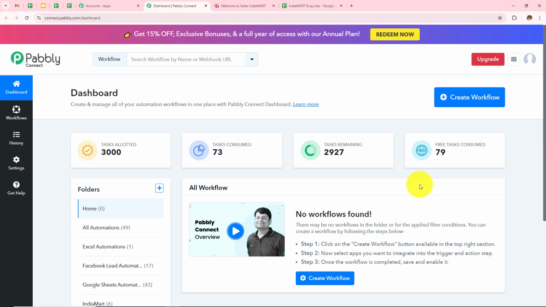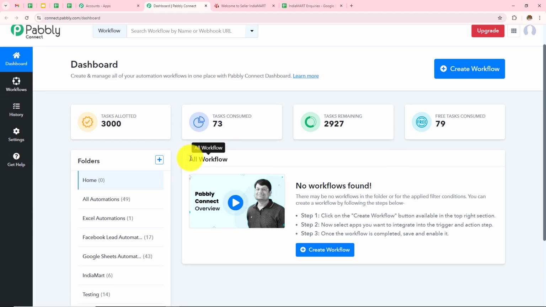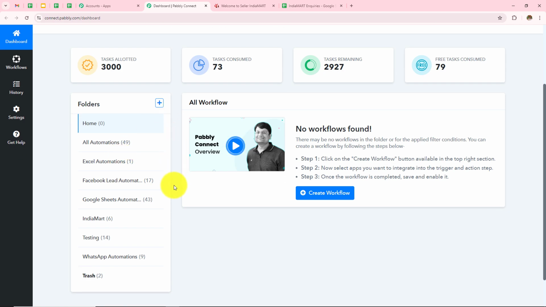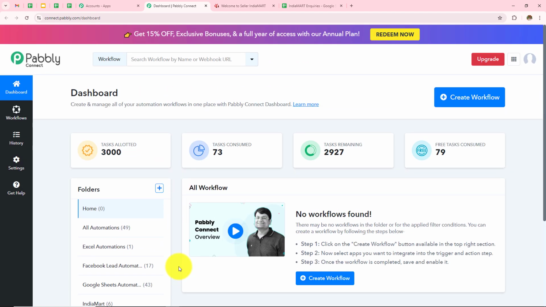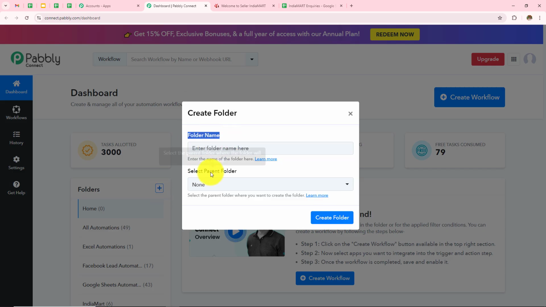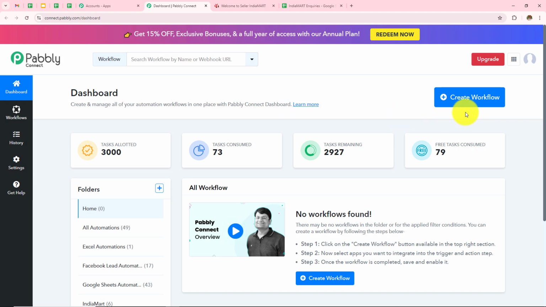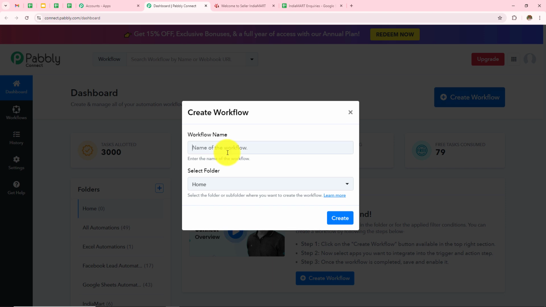And it has taken me to this dashboard where I will be able to see all my workflows over here and all the folders that I have created over here. If you want to create a new folder, you just need to click on this plus icon, and from here you can create a new folder. For now, I want to create a new workflow, for which I need to click on this create workflow, and